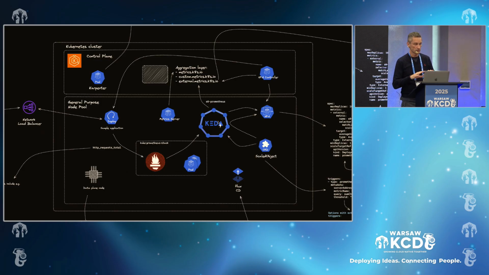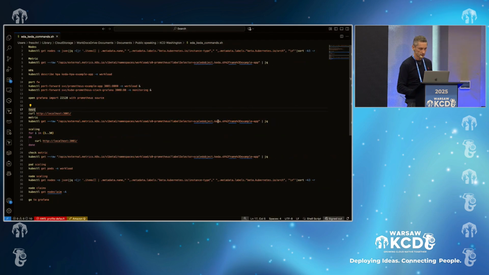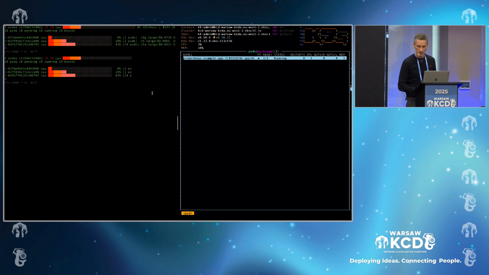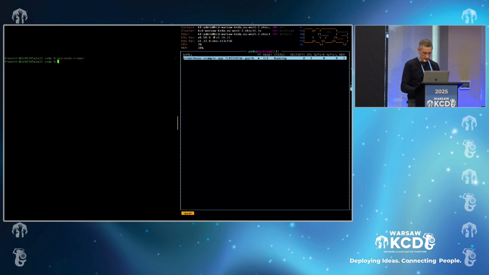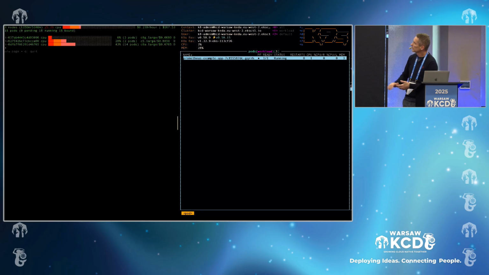At the moment, we only have 3 nodes, and I will show you here. Hopefully you can see a little bit. Top left, I am using KEDA node viewer, there you go. So the summary is at the top, and we have 3 nodes running at the moment.